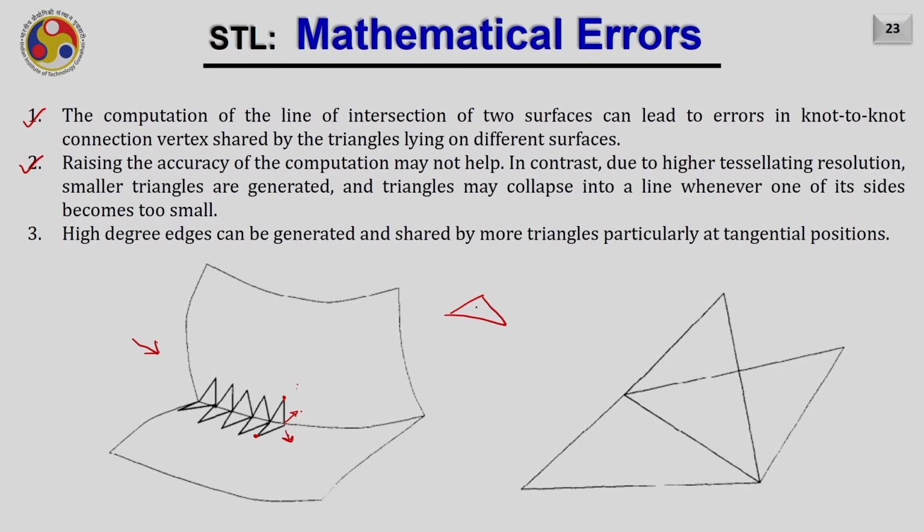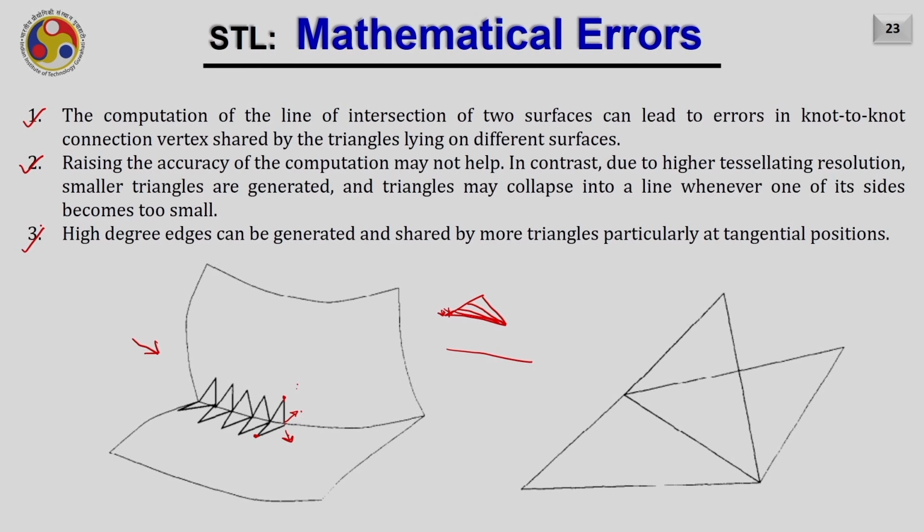In this triangle I will further divide it like this, and then further like this, and further like this. You see that in the end this small edge, this vertex has become so close to another vertex that this edge will just vanish, and hence what you will have is nothing but a simple line.